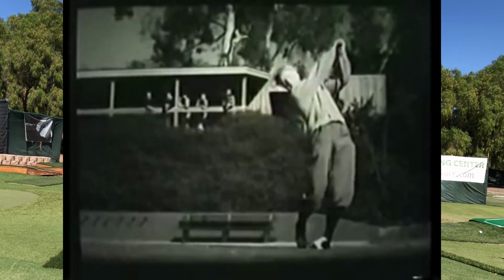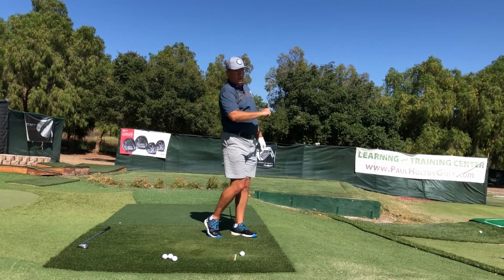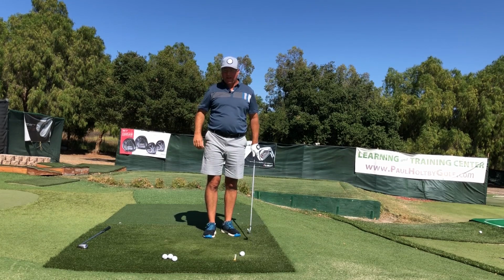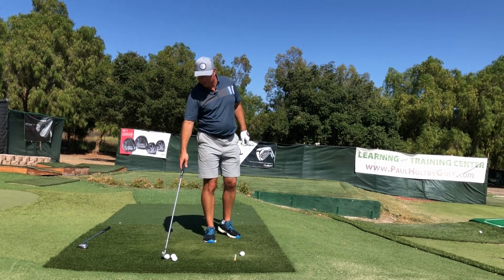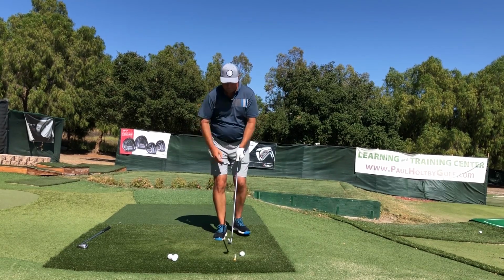But we always say that we're feeling like we're hitting up on the ball. Now, I just showed you data that proves that I'm not really doing that. I hit about 2.5 down. That's pretty typical for my 5-iron. But since I am